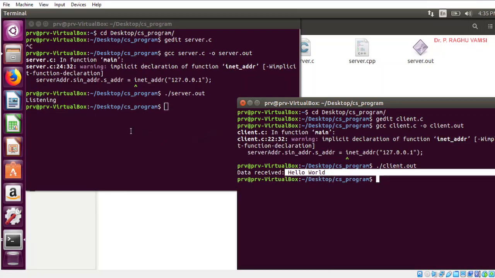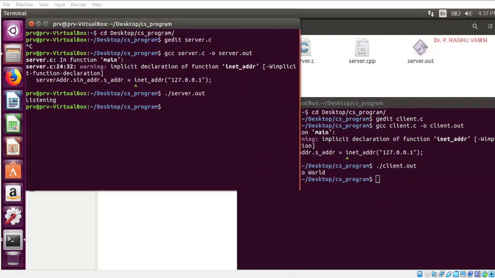The server will be run from a command prompt and the client will be run from a command prompt. Whenever the server is on and continuously listening for requests, whenever a client sends a request, the server will send hello world once the TCP connection is established. So this is the way the client server programs will be written with the help of C programming.